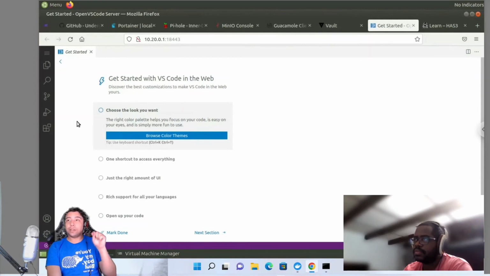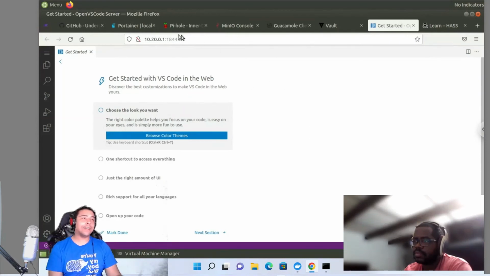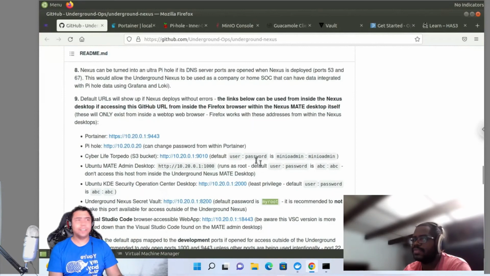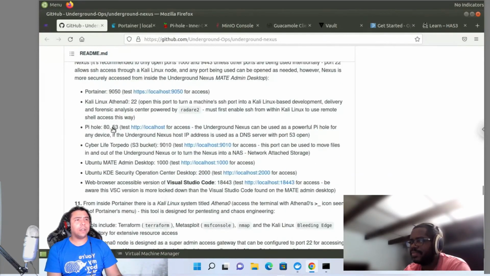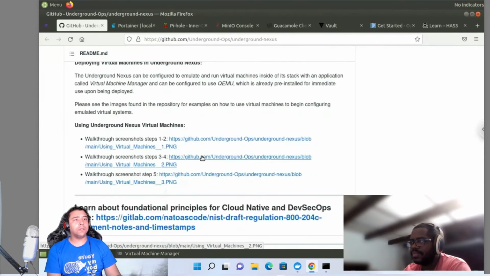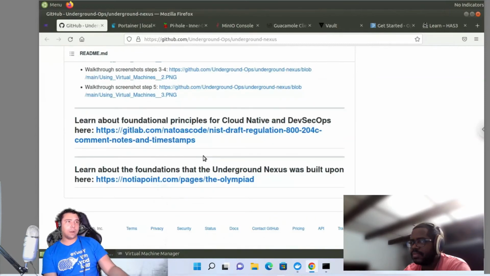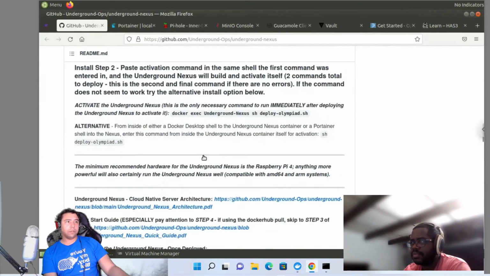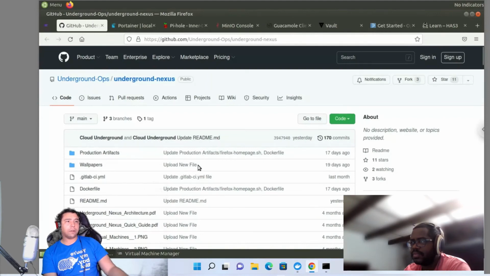And then you're putting in your PIN when you set up Chrome RDP, and you don't want your users to tell you their PIN. The PIN that you use, don't share it. The PIN that your people use, don't let them share their PINs. And for people who share those PINs, shame on you. Security first, but you can't tell people how to be secure if they don't want security. That's the thing. And then that covers all of the default items that are installed inside of the Underground Nexus,